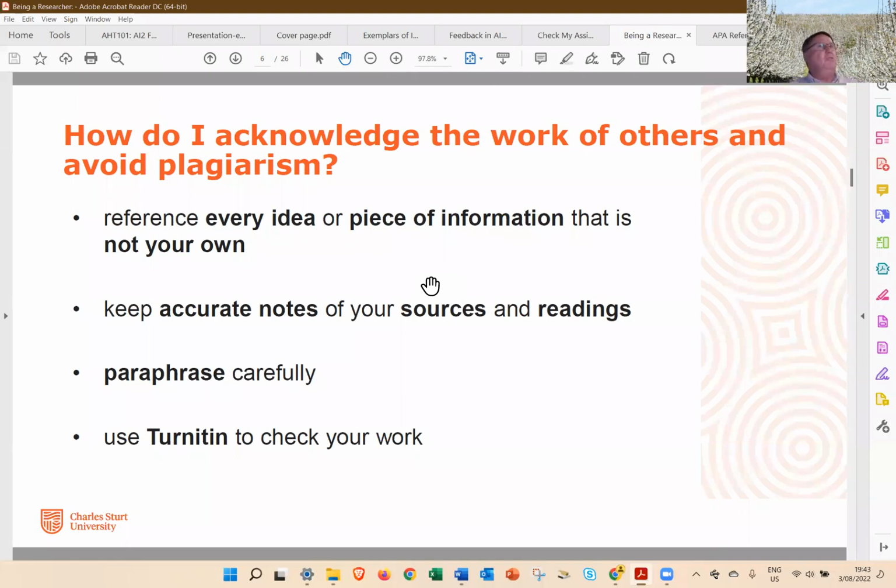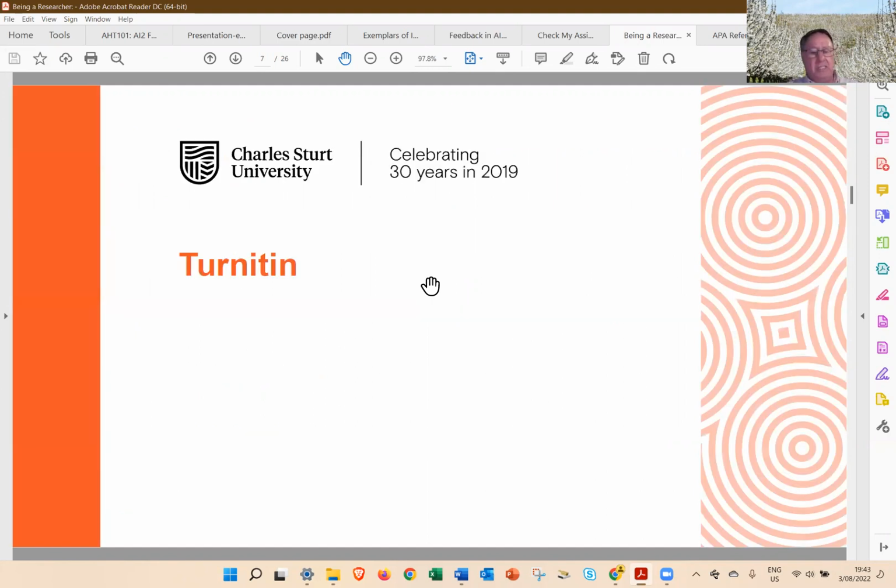You keep accurate notes of your sources and your readings. You paraphrase very carefully. And then what you can do is you can use Turnitin to check your assignment. So let's just talk about Turnitin. There are 2 ways that Turnitin is used. One is that students can use it to check their assignments before they're submitted for marking. The other way, it's used by staff to check your